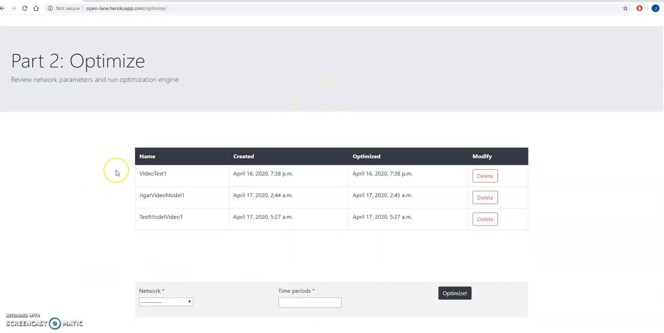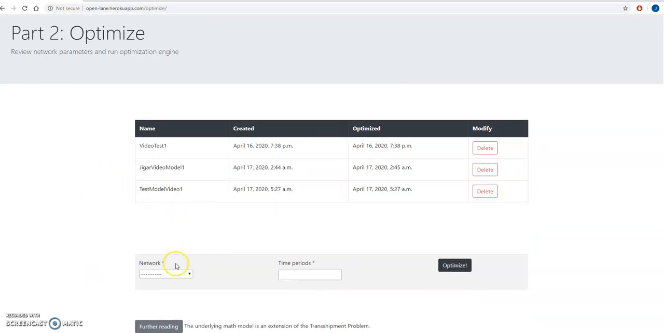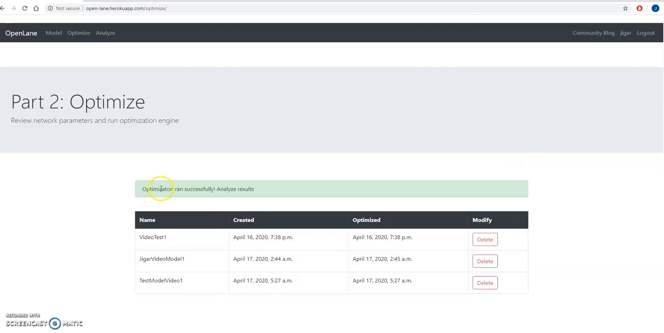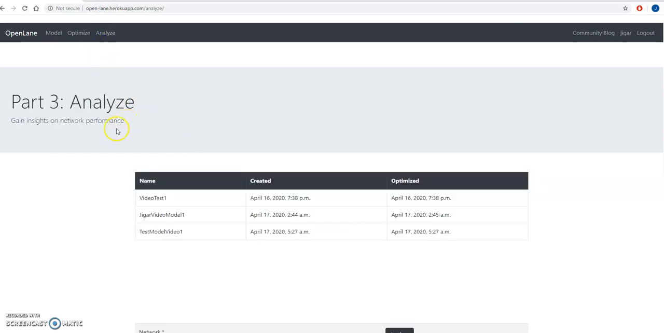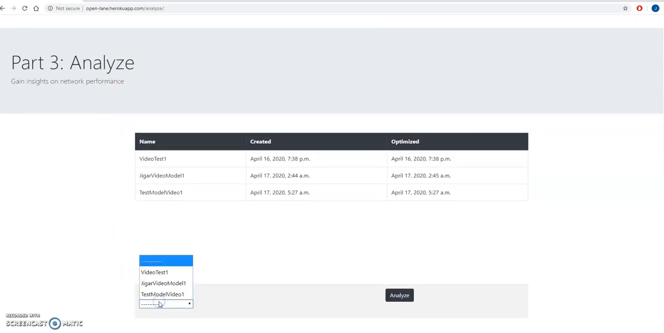This will take us to the optimization page. Here we simply select our network, enter the length of the simulation. So I've entered 5 time periods, which can represent days, months, weeks, etc., and hit optimize. Most of the work is done in the back end, and this message will show saying we can go ahead and analyze the results. We select our network,